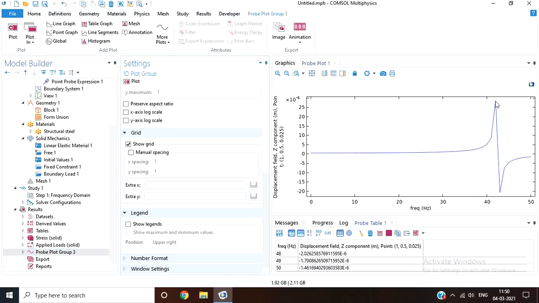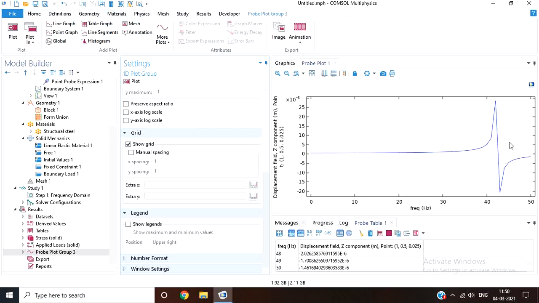So here you can see for two particular frequencies the displacement is highest. That means the resonance has occurred at these two frequencies for the complete range from 0 to 50. So this is the use of the frequency domain study.